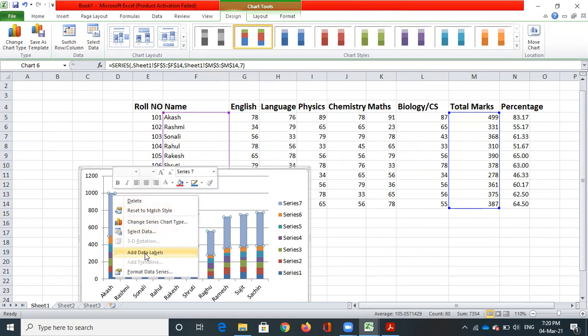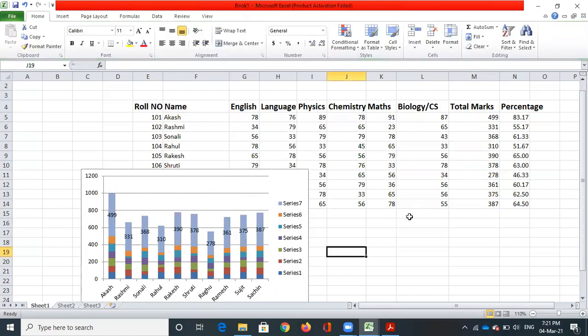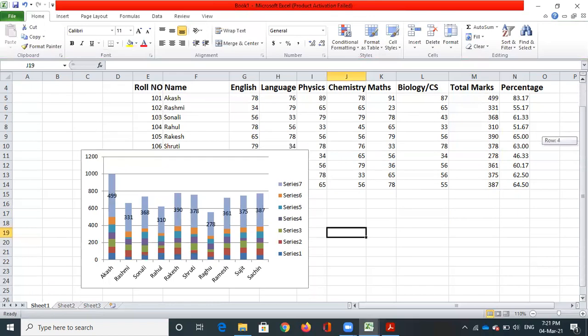So here you can see that the moment I click on data labels, it is showing this. So it will display the total marks scored by the student. Click on add data labels. So data labels have been generated. It is not mandatory to take the same chart, but preferably you take this column chart. So you can see that for all the students, this is the graph that we have plotted. So this is one simple example to demonstrate the graphs.